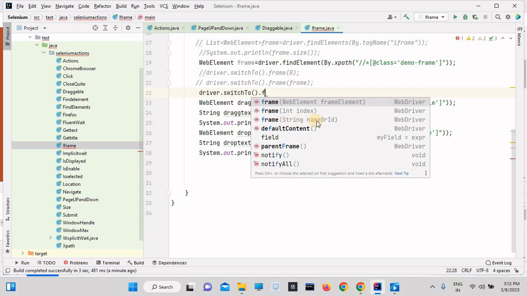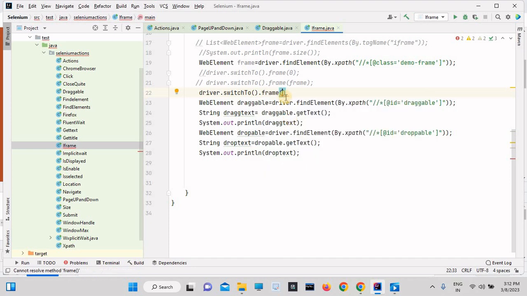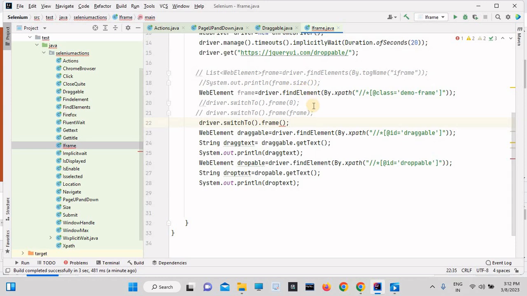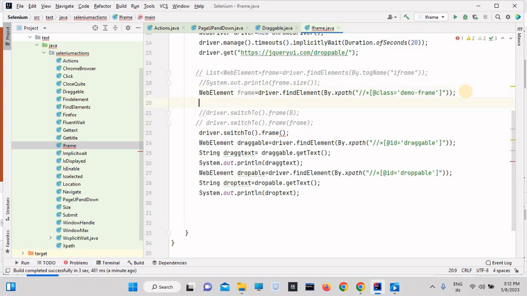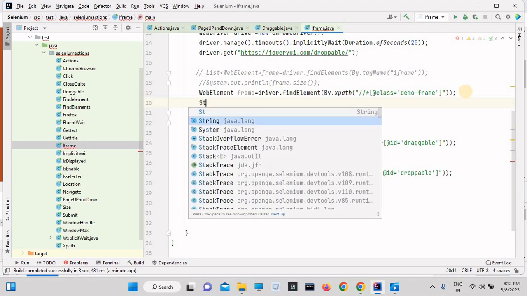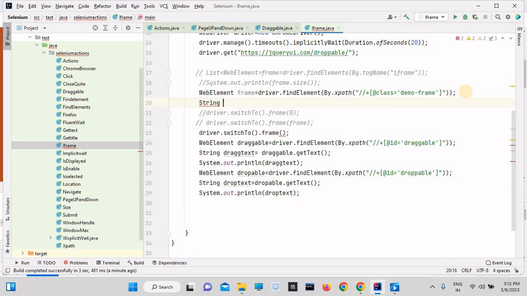String of name or ID. So it will take the string input. So inside this you should provide this string. So here we can store this frame as a string type. So here I'm going to create one String